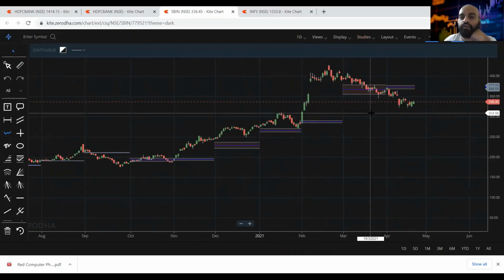You can definitely do a swing trade if you are not an intraday trader. If you don't want to trade intraday, you want to buy a stock and keep it for a week or 3-4 days, depending upon the chart, this strategy would definitely give you very good returns. And trust me, this can be your go-to strategy for swing trading.